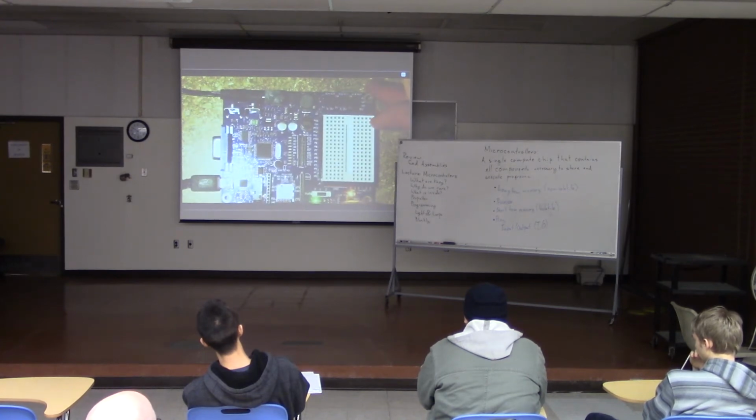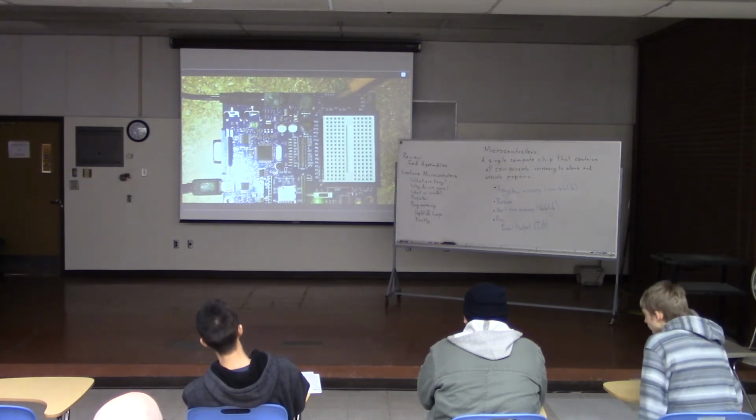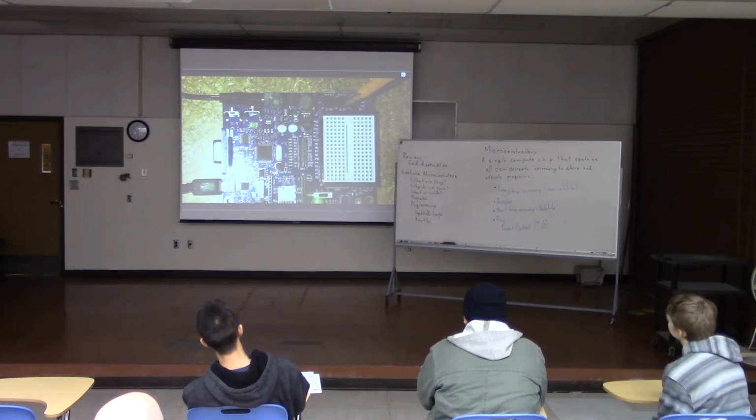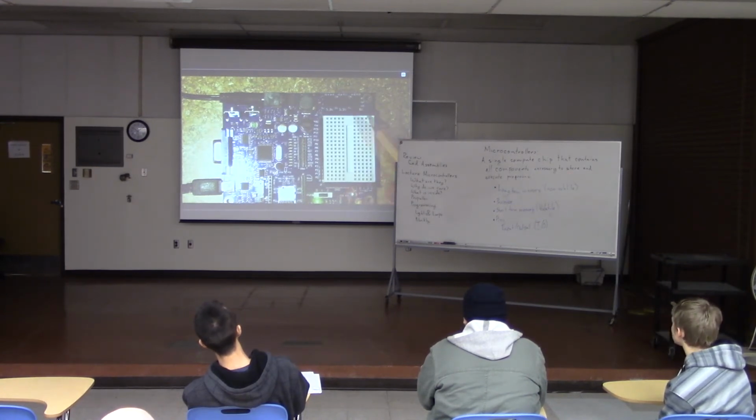In addition, you have some ports around the outside of this breadboard. So on the top, you've got these ports, and they say 5 volts over here on the right, and then 3.3 volts on the left. So those are power supply pins. So if you need 5 or 3.3 volts, you can connect them there. Down here on the bottom left is ground, so you can use those to connect your